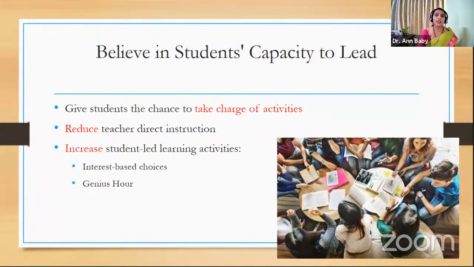If all of them want to build up a collage, give freedom to build up a collage. If they're interested in making up videos on a particular subject, give them the freedom. If they're interested in making a game out of a particular topic, give them the freedom to do it. Let them bring out the genius in them. By doing such kind of small things, you can